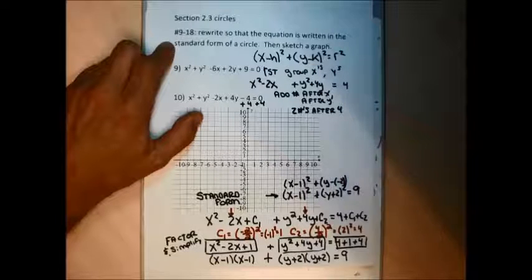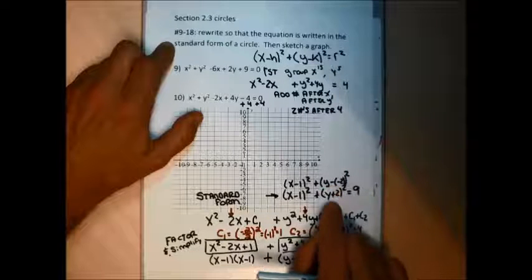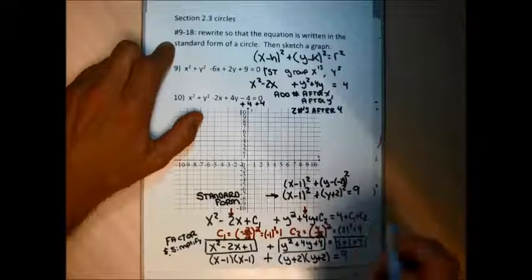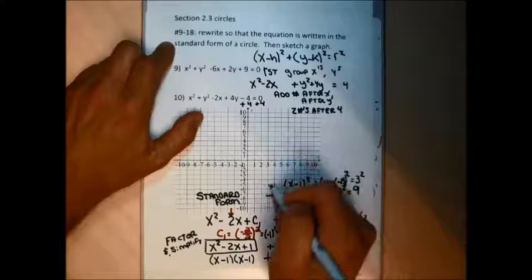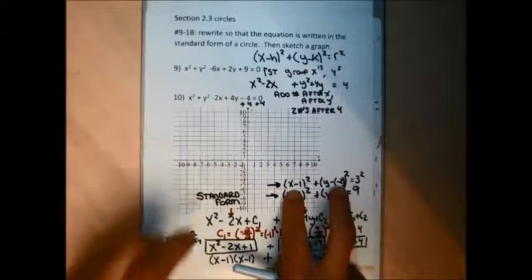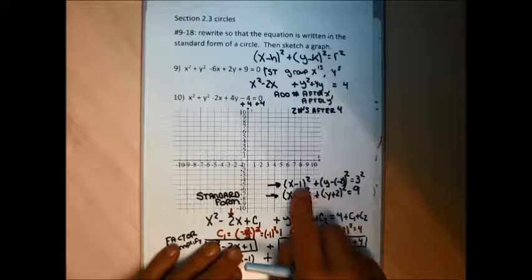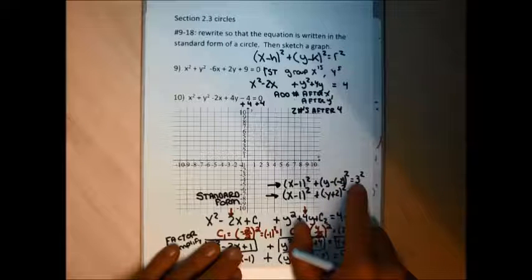So I can rewrite the y parentheses as y minus negative 2 squared, because double negatives would simplify to be plus. And I can rewrite the 9 as 3 squared. Both of these are considered standard form. The top one's in classic standard form, so I know the number after the minus sign is the x coordinate of the center. The number after the minus sign in the y parentheses is the y coordinate of the center, and the number being squared is the